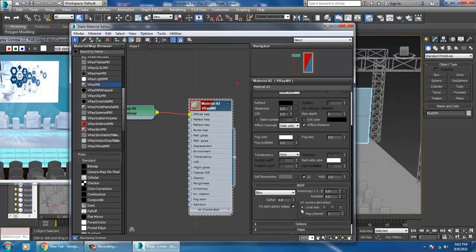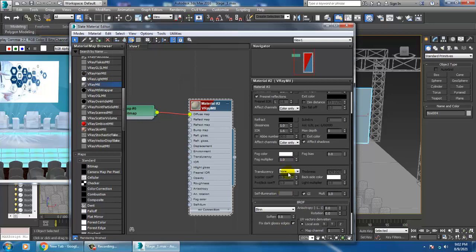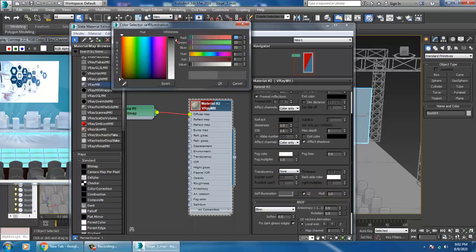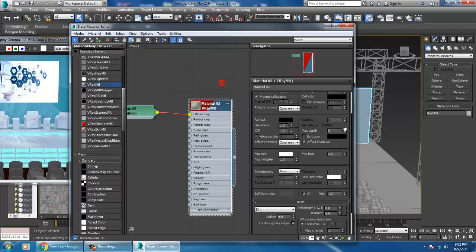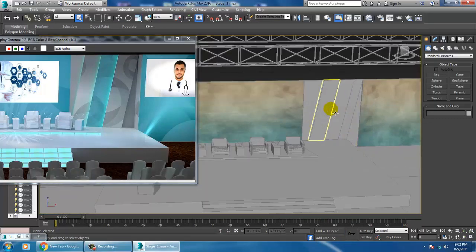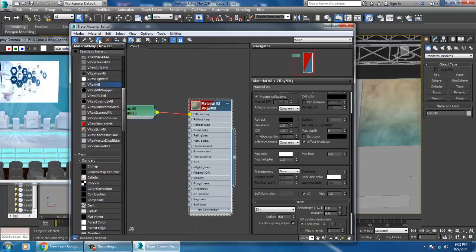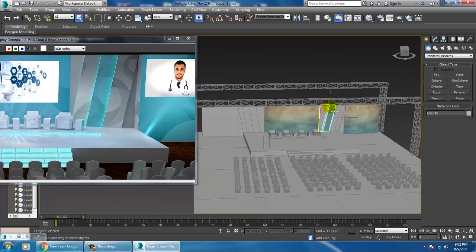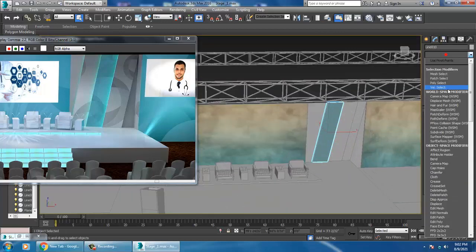I have generated self illumination. Let's reduce this self illumination, assign it over here again. Just assign the same material and let's give a UVW map.